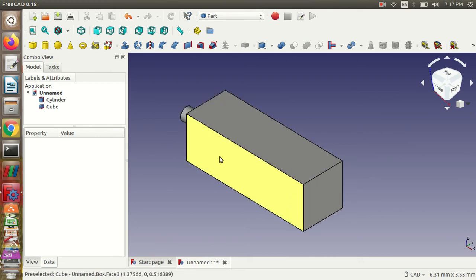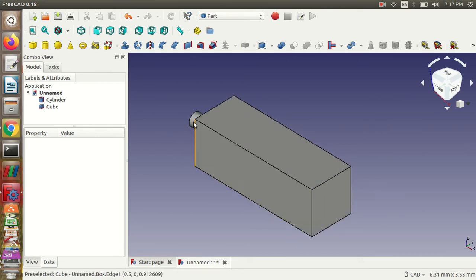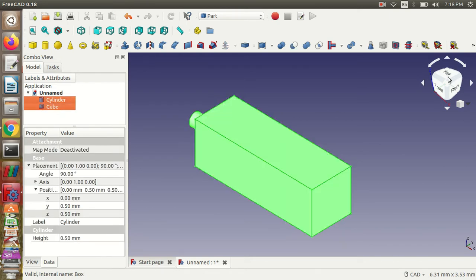So our geometry is now ready, but suppose if our cylinder and this rectangular object are not connected properly, there will be some problem in the mesh generation. So we are just going to unite both of the geometries.